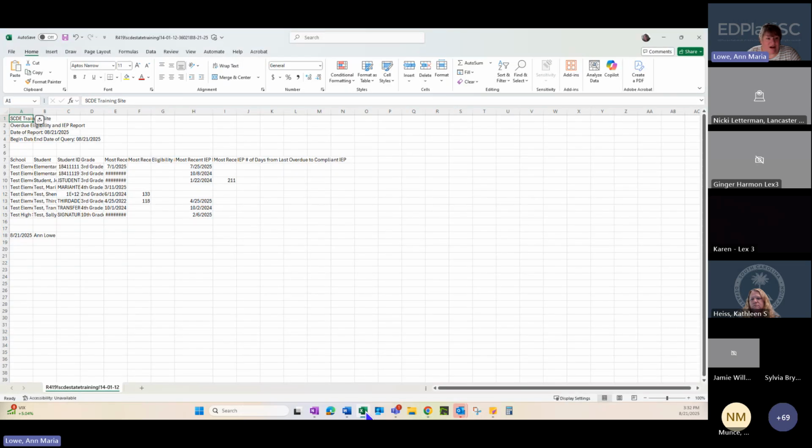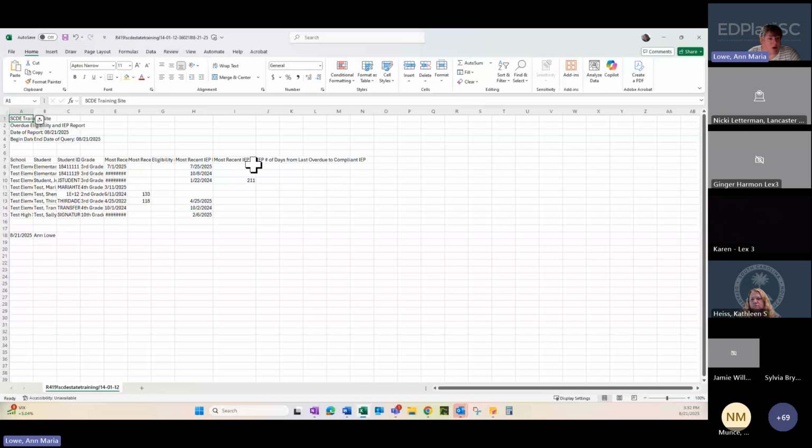I have generated that already, and this is what that looks like. It will give you the student ID, name, and just the most recent IEP and the most recent eligibility overdue. It'll tell you how many days they are overdue.